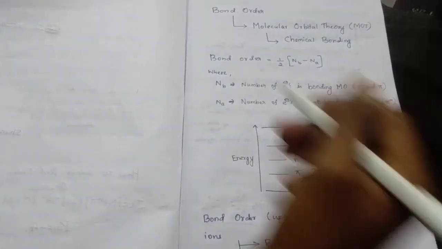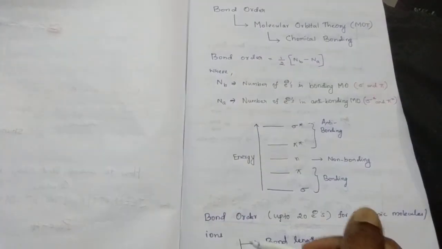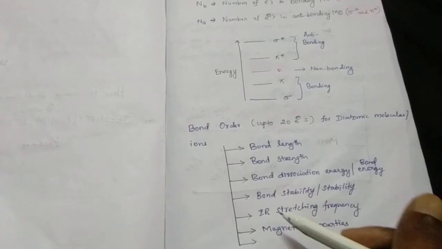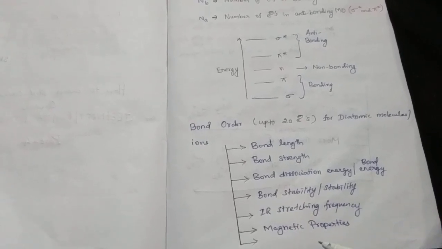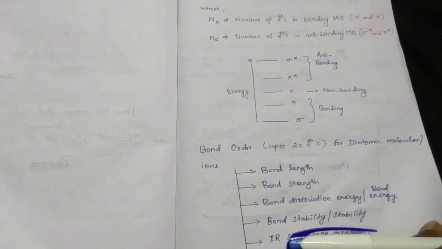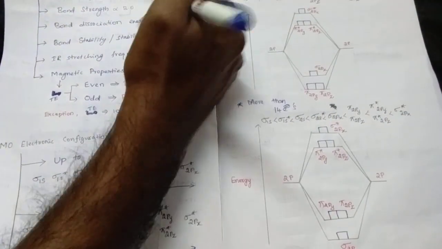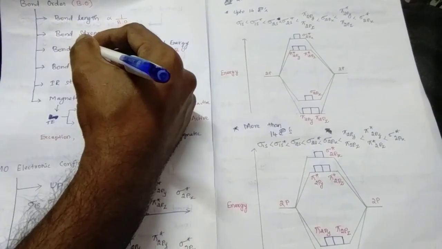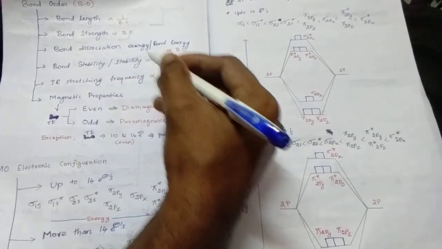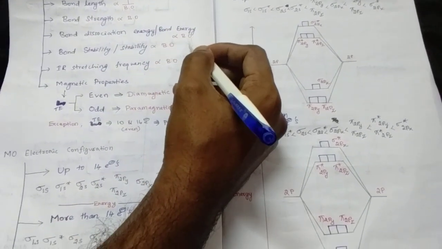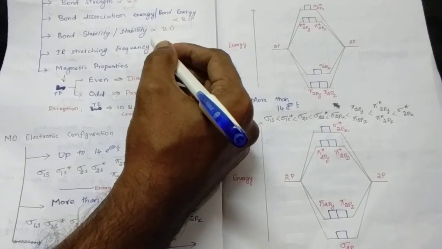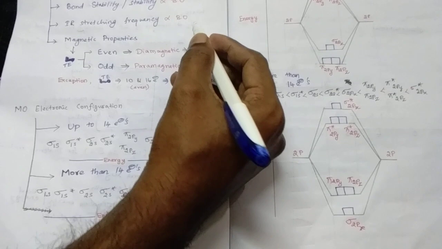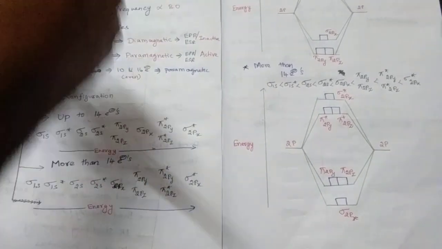bond order, how to calculate bond order, and its application in bond length, bond strength, bond dissociation energy, bond stability, IR stretching frequency, and magnetic properties. And I showed the relationship between these. Bond length is inversely proportional to bond order, bond strength is directly proportional to bond order, bond dissociation energy or bond energy is directly proportional to bond order, bond stability is directly proportional to bond order, IR stretching frequency is directly proportional to bond order, and magnetic properties